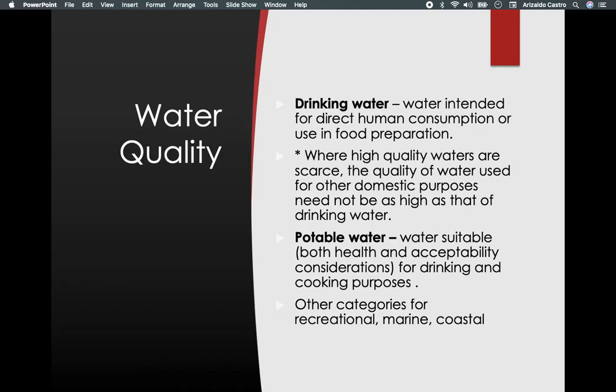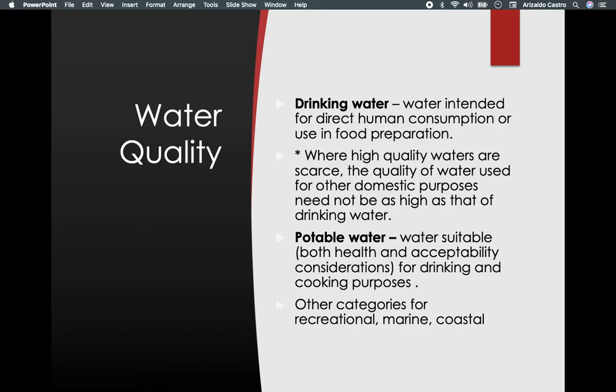Like if the quality is poor, normally or definitely we should not use it as drinking water, because drinking water is intended for human consumption and also for food preparation. Therefore, it is very important that the quality of intended drinking water is very high,